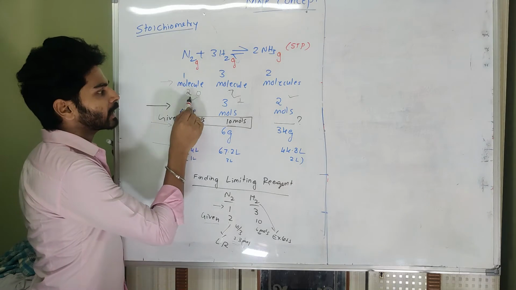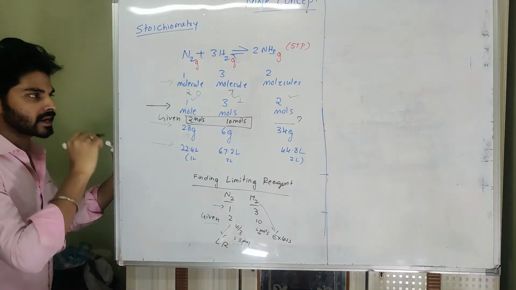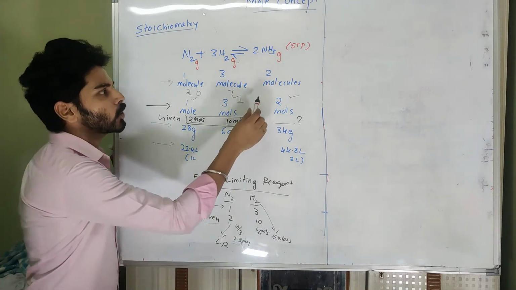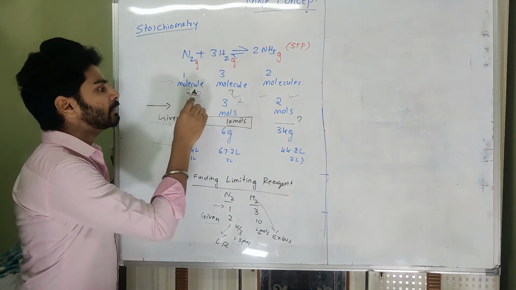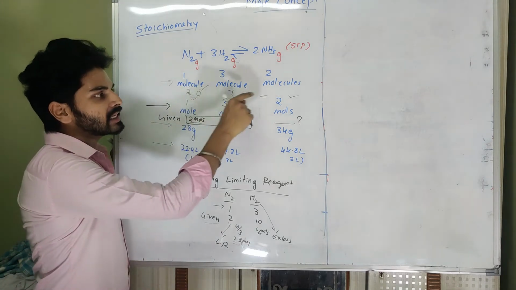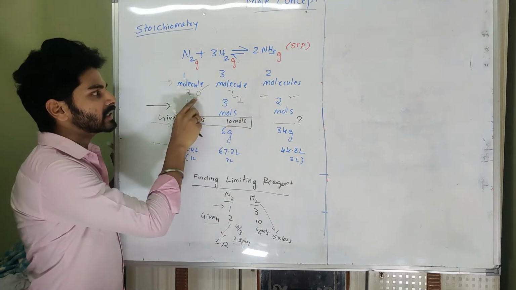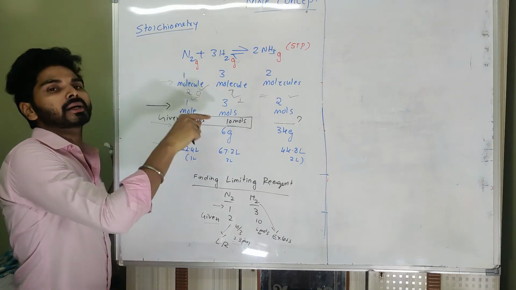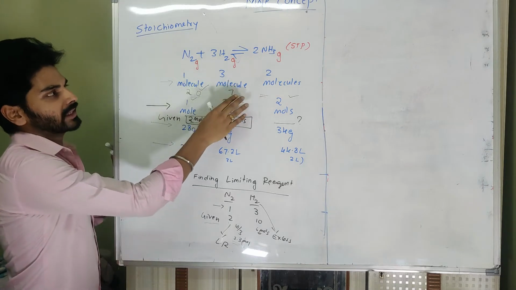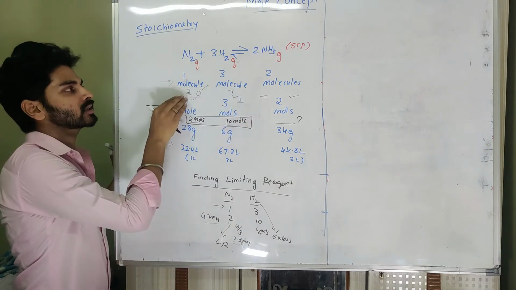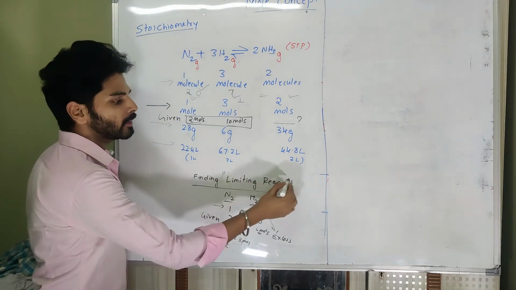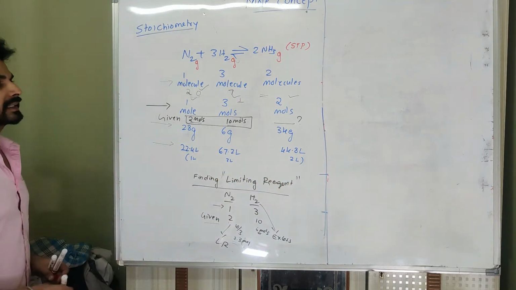So the reactant which gets completed, vanished or reacted first, will stop the reaction. That means how much product is going to form will be explained only by the limiting reagent. Why? Because the limiting reagent is limiting the amount of product, because it is the one reactant which gets completed in the beginning. So once it gets completed, any amount of excess molecules will remain as it is. Why? Because there is no other reactant present. So that's why the importance of the limiting reagent comes into existence.